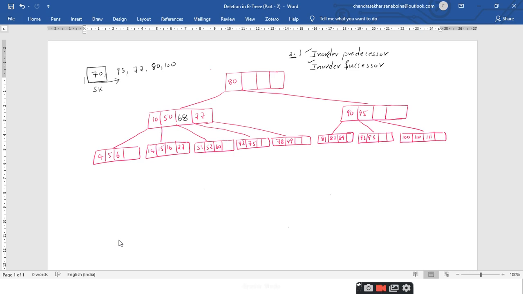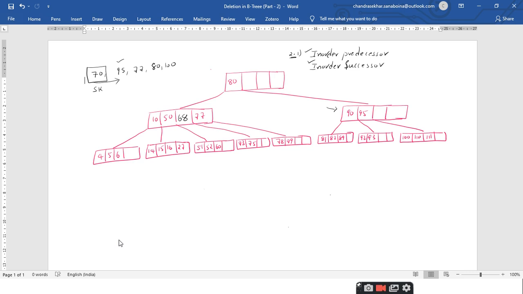Yes, sir. Right. So we'll go with the deletion of the next element, which I am taking as 95. In order to perform the deletion operation, you have to first search for that element. If you remove this 95, you have to compare it with the root element. So 95 compared with 80, you have to move to the right hand side. Since there are no elements in the left, you have to search for 95 in the right subtree, this one. So my pointer is pointing to this location.